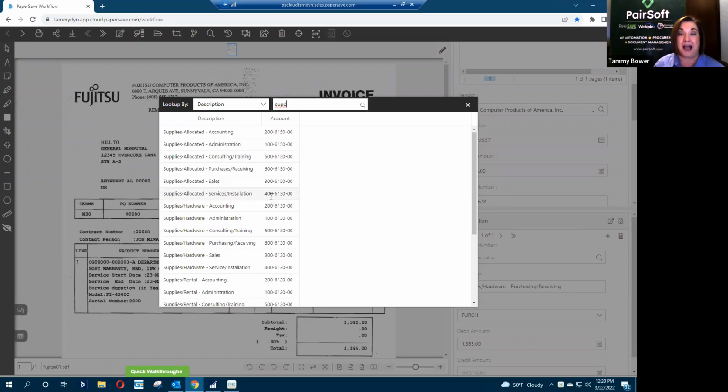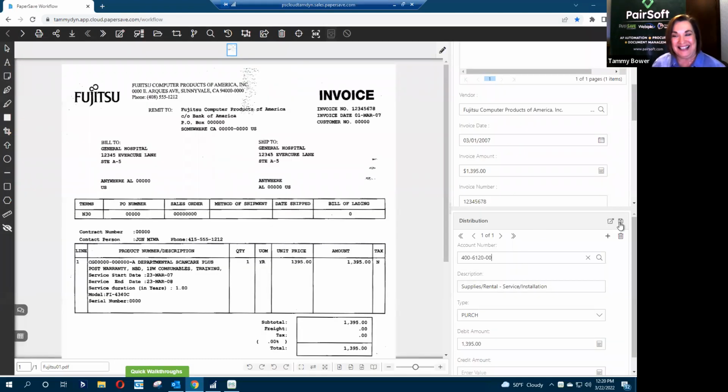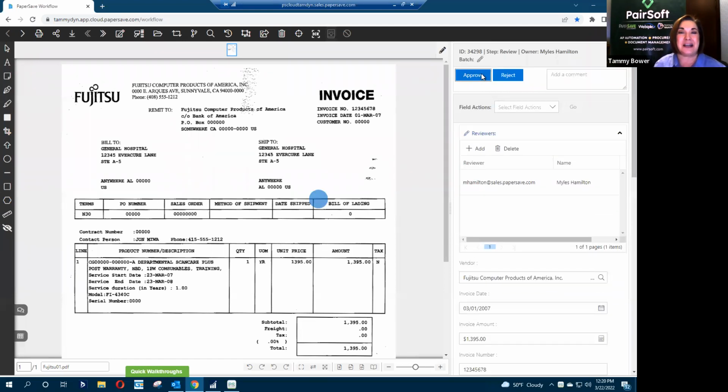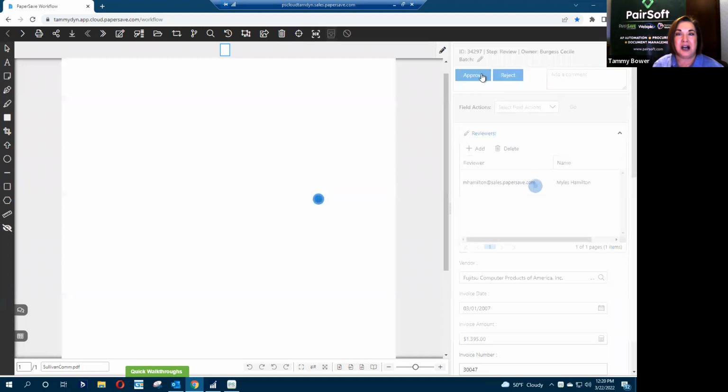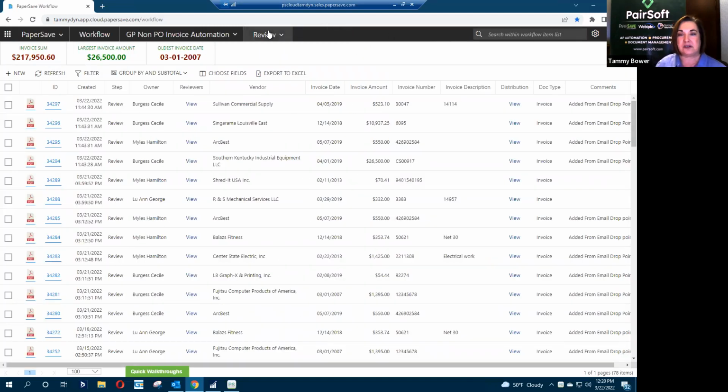So when he types in supplies, guess what? He's only going to get this line item to choose from, this line item to choose from, and any other ones that start with 400. He's not going to be able to see sales or admin. So you can give them the responsibility to add an account number, but not the full realm of all the accounts that you have in your account structure. So again, giving them a little bit of responsibility is great, but you don't want them to be able to just willy-nilly attach or charge something to somebody else's account.